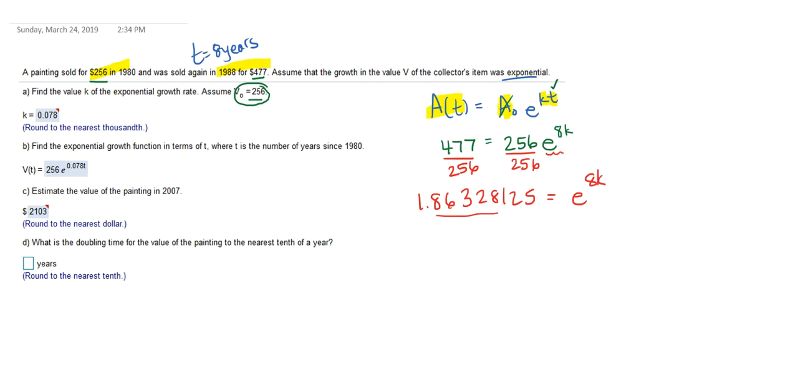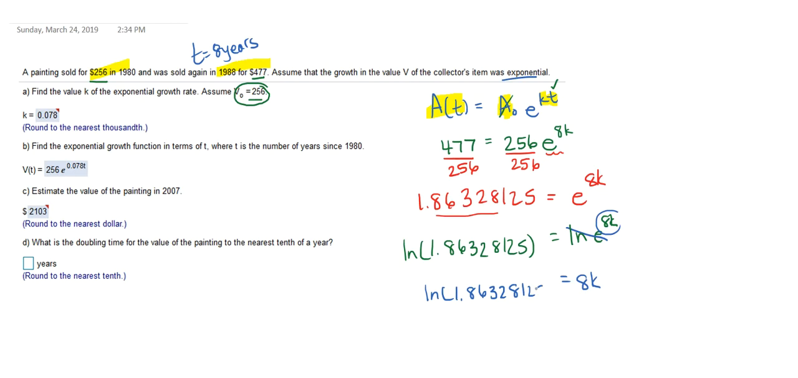So now we want to get rid of the e, and so the strategy for doing that is we take the natural log of both sides. So I have natural log of 1.86328125 equals natural log of e to the 8k. Natural log of e cancels, those are inverses, and that allows you to pull down the power of 8k. So I have one more step, and that's to get k alone, and I'm going to divide both sides by the number 8. So k, or the rate of growth, is going to be solved by doing natural log of